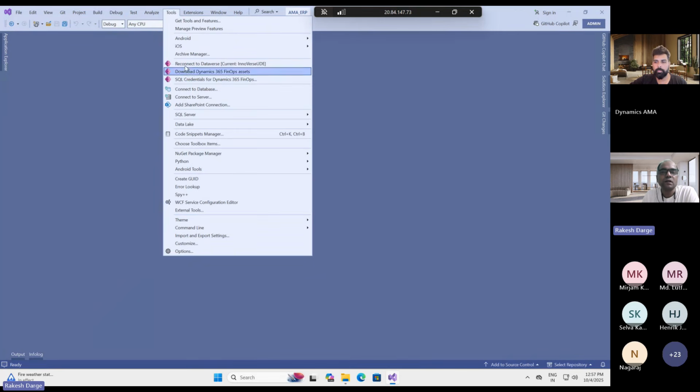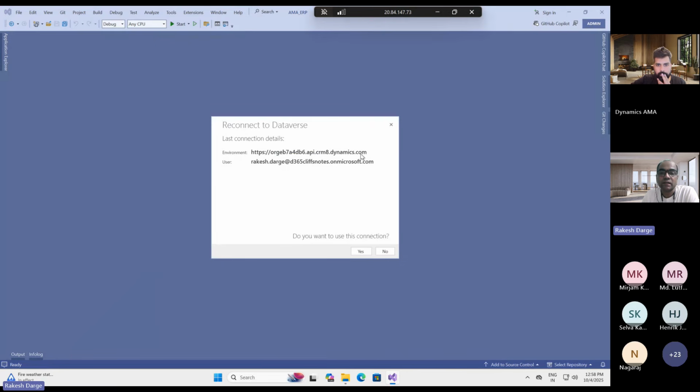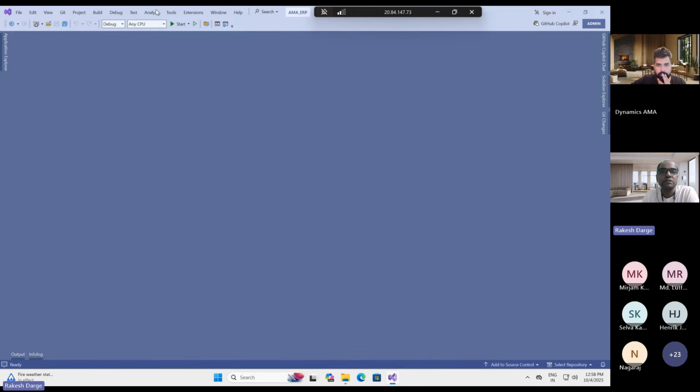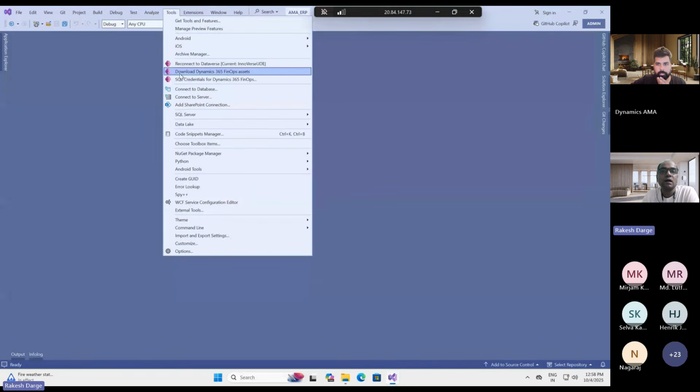So you can see here, I already installed this Power Platform 2022 version because my Visual Studio is 2022. In your case, you may not have 2022, or you may have 2019. You may need to select the other version. So right now, I'm already connected to this Innoverse environment. I can just go back and reconnect. As soon as I reconnect, it will ask me to enter the credentials, and then you have to download